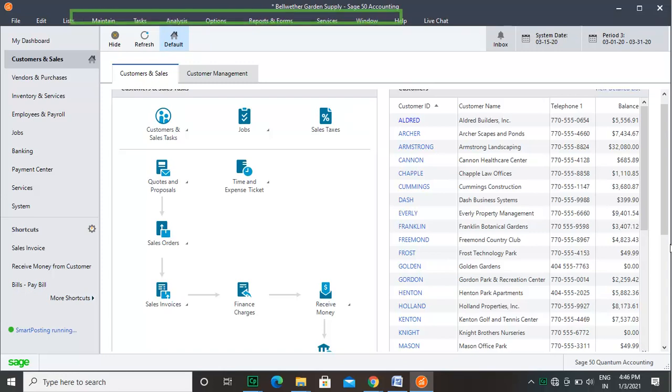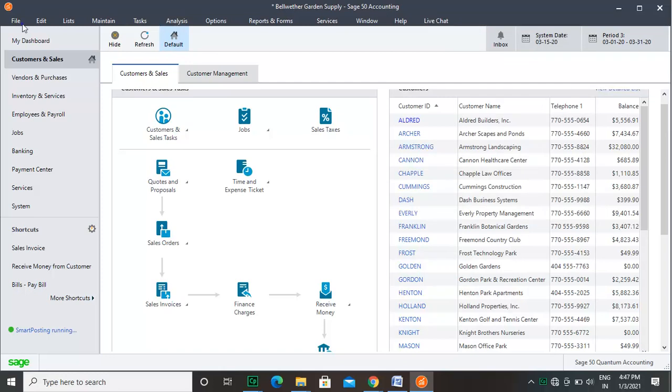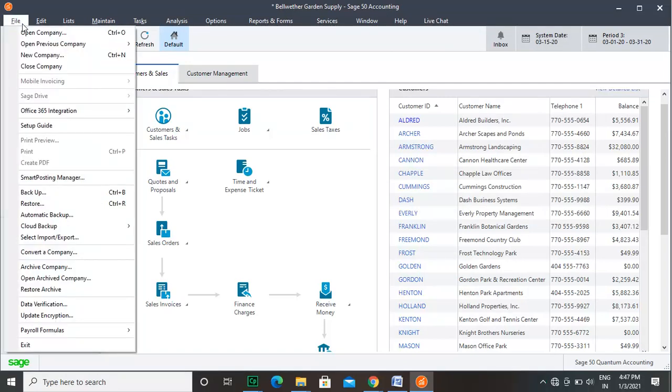All versions of Sage50 contain a menu bar. This menu bar includes the headings of the windows where you perform the business-related tasks. The primary command groups in the menu bar are File, Edit, Lists, Maintain, Tests, Analysis, Options, Reports and Forms, Services, Window, Help, Live Chat. When you click any of the main commands, you will see the subcommands in a menu